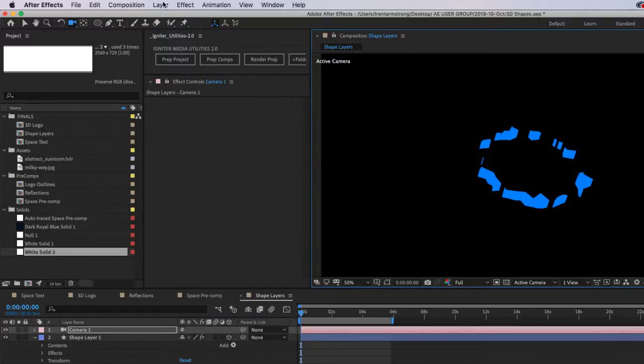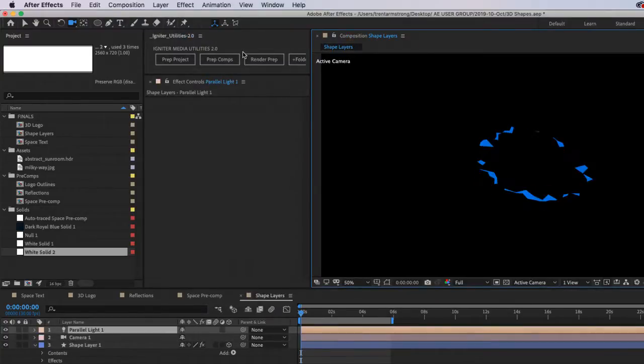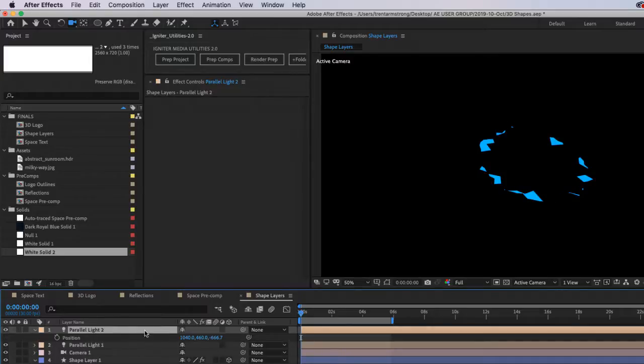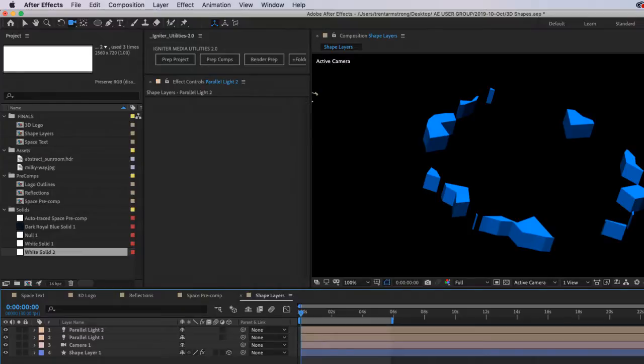If I add a light in here, parallel light, and then I'll duplicate it, and I'll move this one. Okay, so now we can see that we have some depth here on this thing.